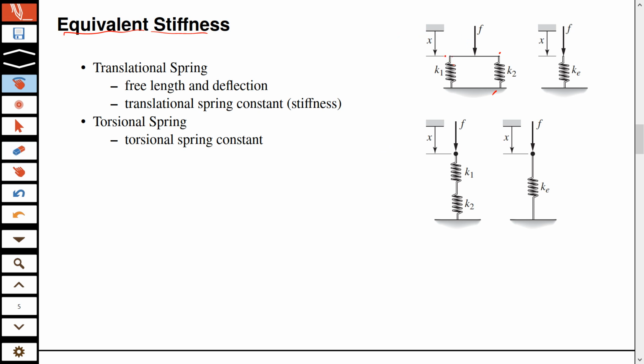Now, if I ask you, how about this F? Will F be the same for both springs? For example, I want to write Hooke's law. So assuming that it is a linear spring,